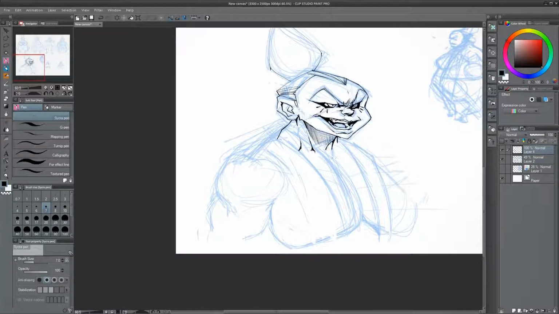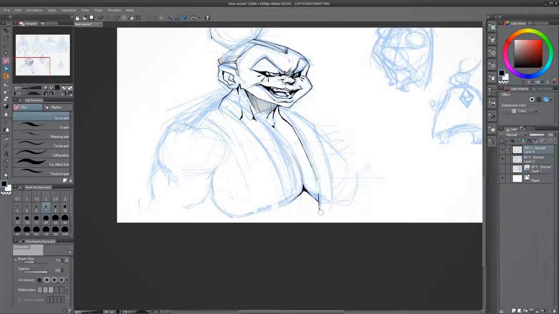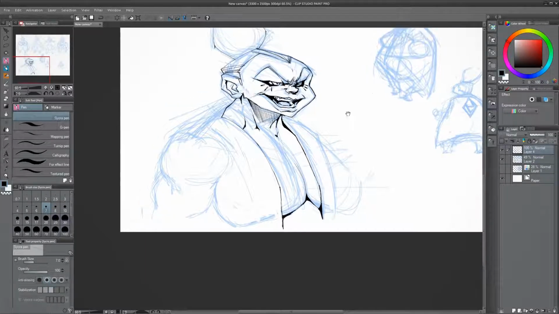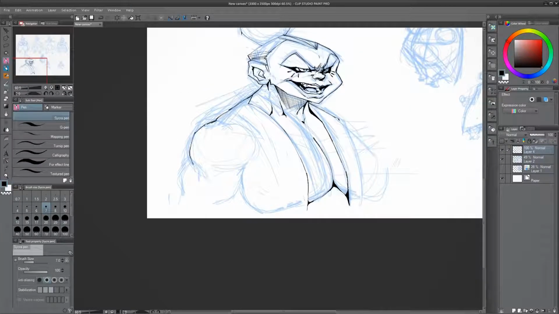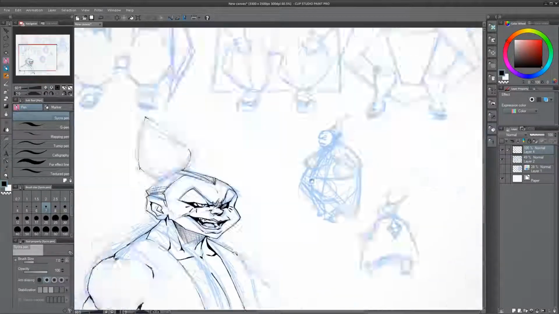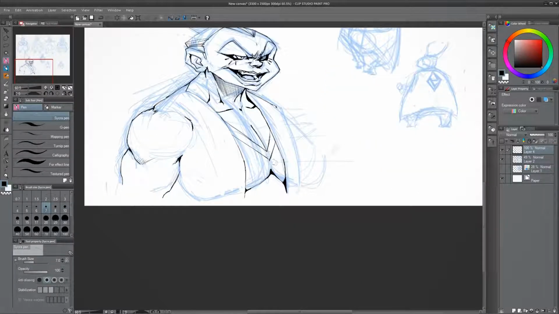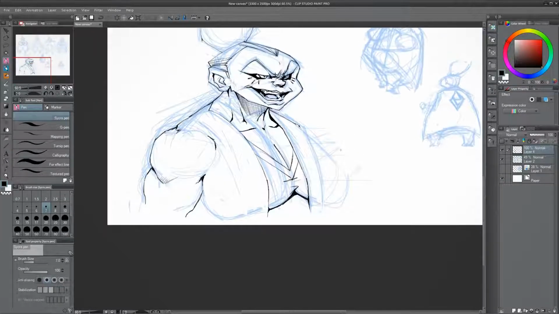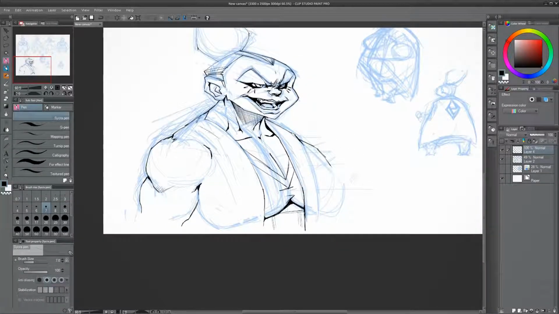But for now, I really do enjoy Clip Studio's inking tools, and you might know it better as Manga Studio. It's the same program. It's just called Clip Studio now, and in the Japanese version it was always called Clip Studio. And I made a special pen, which is just a modified mapping pen, and maybe, if I get more experience with the program and I feel like I actually have something of value to share, I'll make a tutorial on something like how to make pens or how to customize things. But for now, it's basically just fooling around with it until it looks okay.